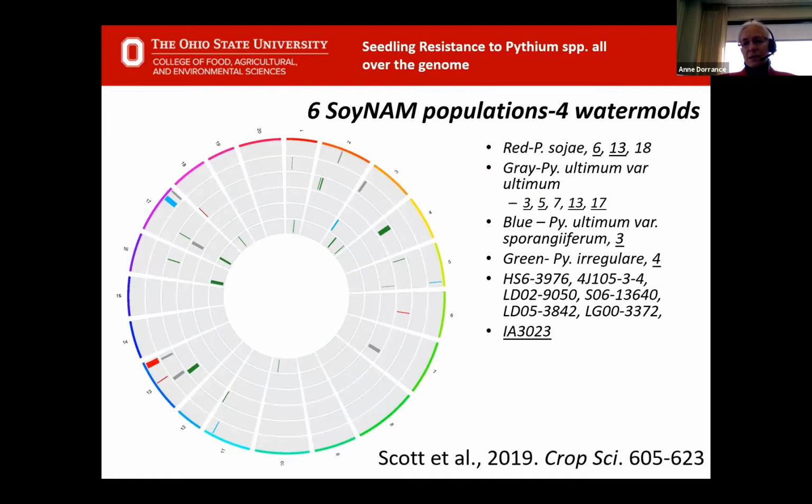The first thing I do is I send the students to a population and say map resistance. So this is a circos plot where every one of the 20 chromosomes is around the circle, and the bars that you see are locations for different Pythium species, including Phytophthora. You can see resistance is scattered all over the place. There's no one locus that's going to confer resistance to all of these. So this is from the seedling stage. This is going to be a challenge for breeders,